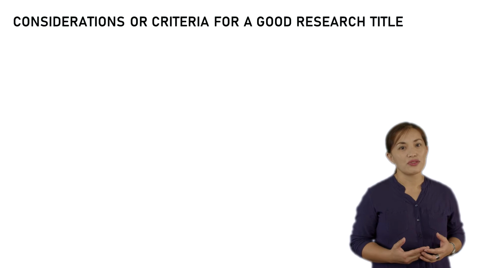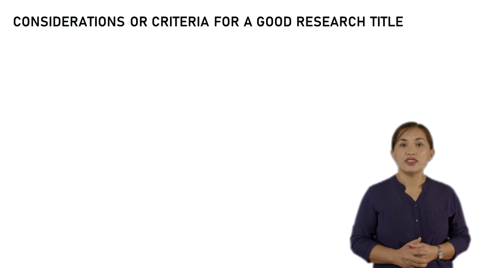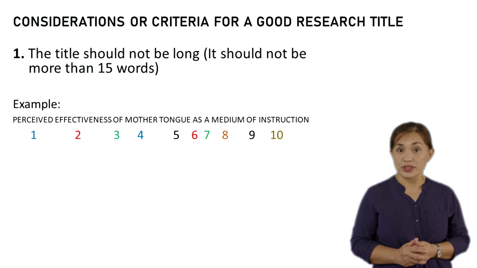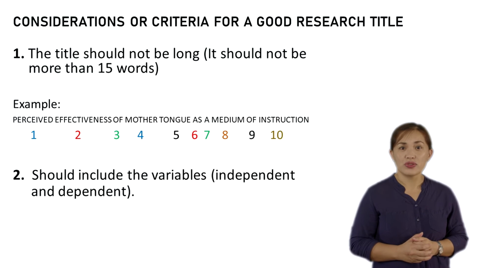Now that we are done with the approaches of conducting research, let us go through with the considerations or criteria for a good research title. Number 1, the title should not be long. It should not be more than 15 words. Number 2, it should include the variables,